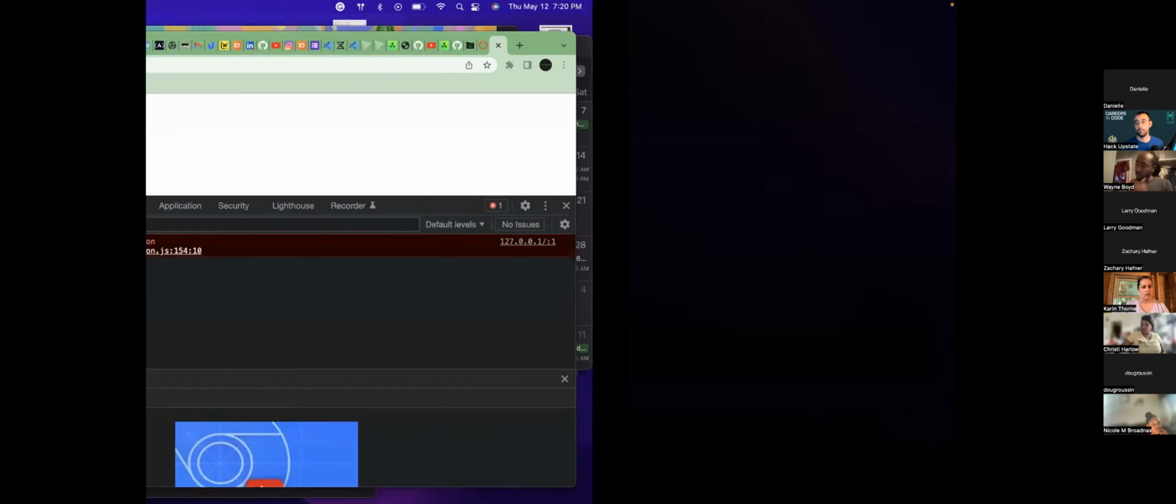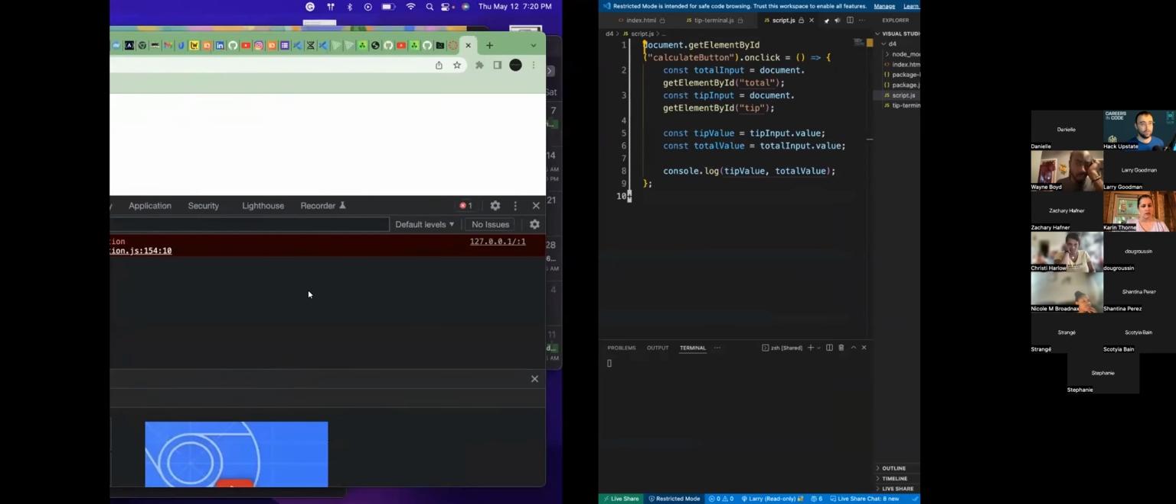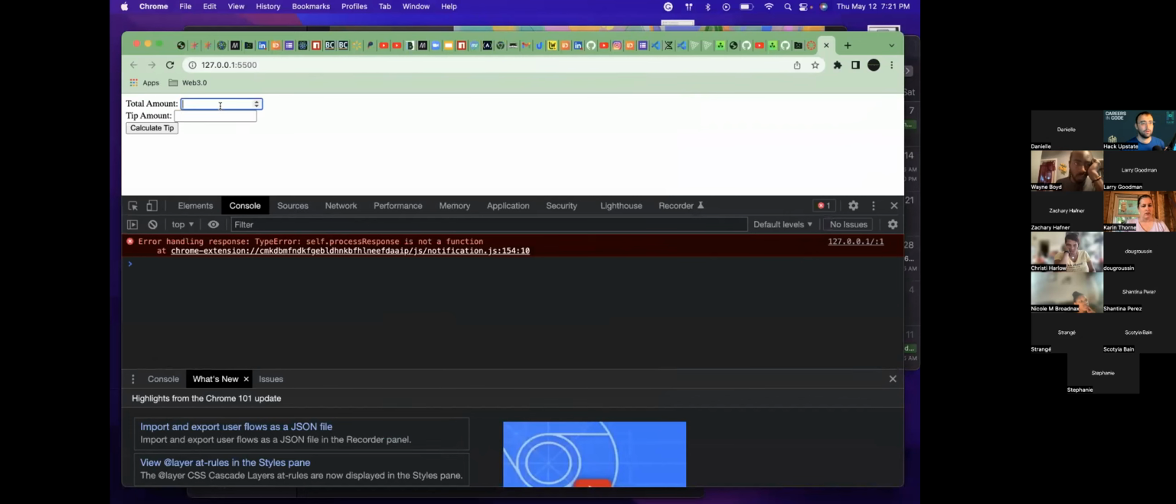All right. Yeah, where's my screen? And then it's doing some weird stuff. Actually, let me try something really quickly. Tip amount, total amount 120, 100.50. Tip amount 20. Calculate tip. So that should be doing the right thing. Okay, I guess when I do it in terminal,